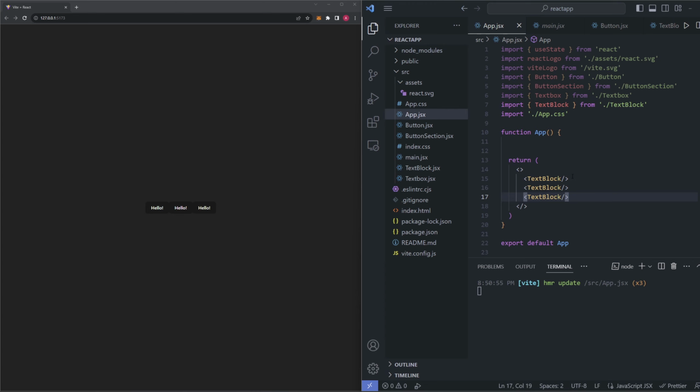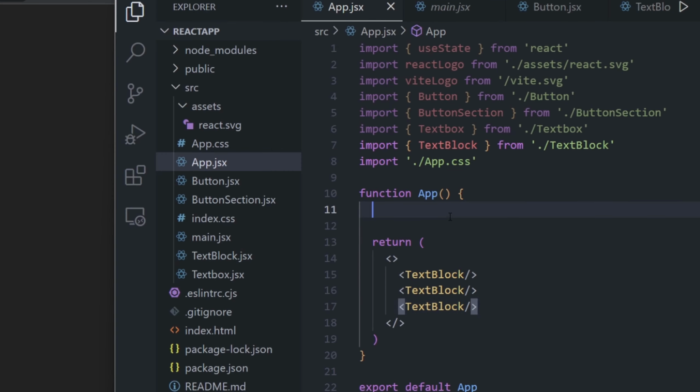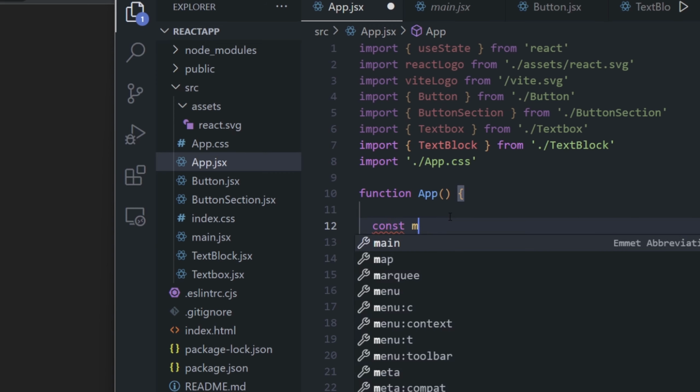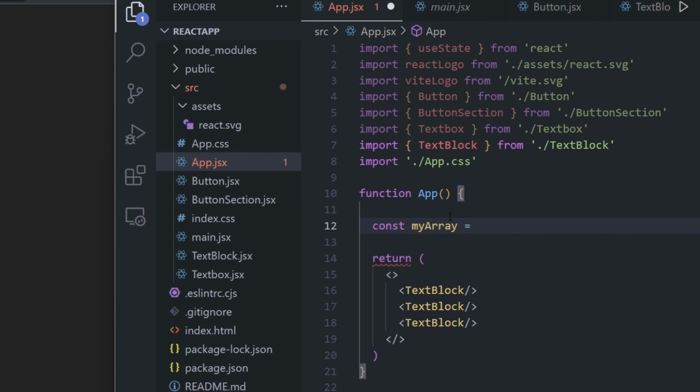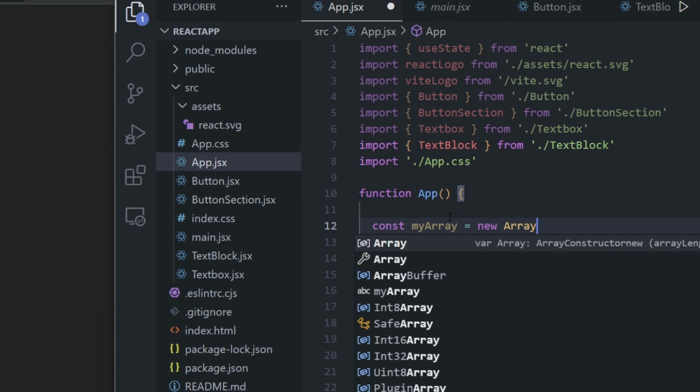To render multiple of something, we can use a super helpful function called map, which basically just maps every element in some array to some JSX code. Because we're going to use the map function, we're going to need to make an array first. So up here in our actual app component, let's make a new array. I'm just going to write const, let's name it myArray, and then we're going to do a constructor function for our array and say